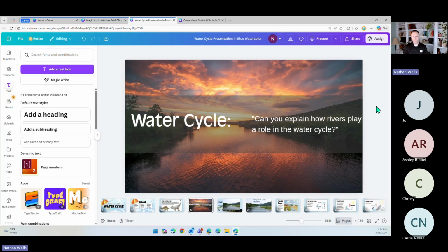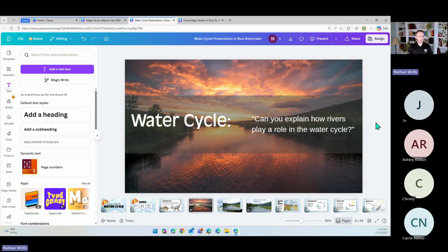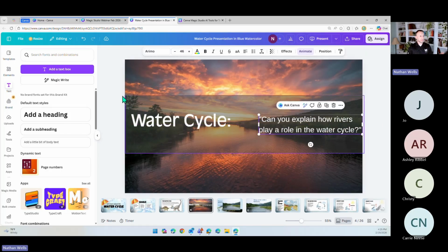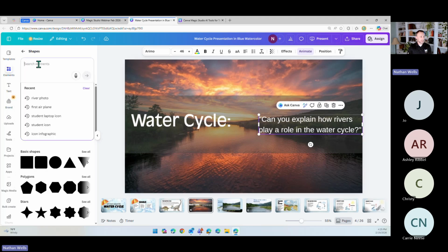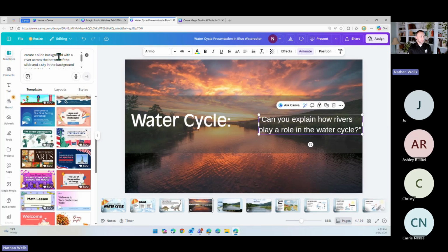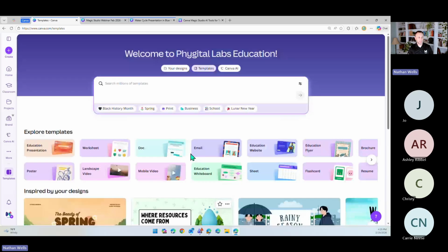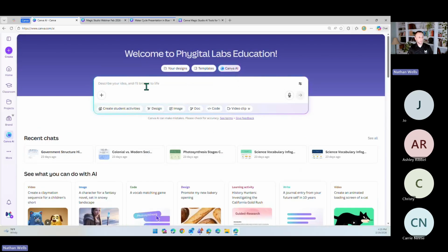So I might play with this a little bit more if I was really going to use this, but hopefully that gives you an idea of a way that you can use the Magic Write. I used the Magic Elements. I went into Elements and did a search, right, for the river photo. I used templates and did a prompt to help it create a slide version for me. And all of this started with going back to the main screen, the home screen, and finding a template that I wanted to use. So quickly in our couple of minutes here, under Canva AI, I could also ask for